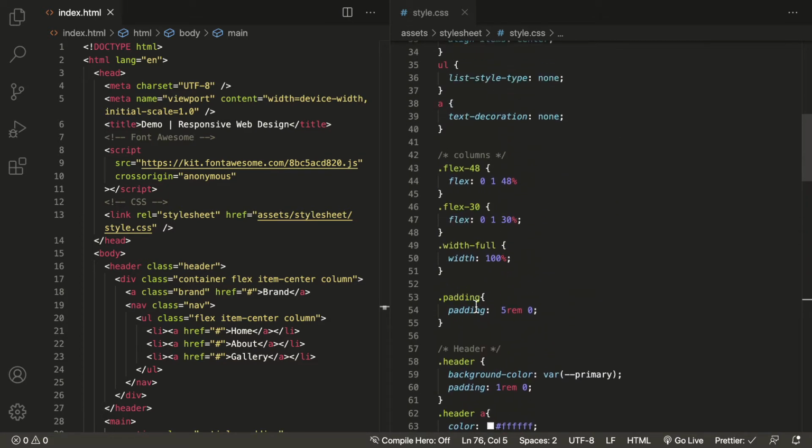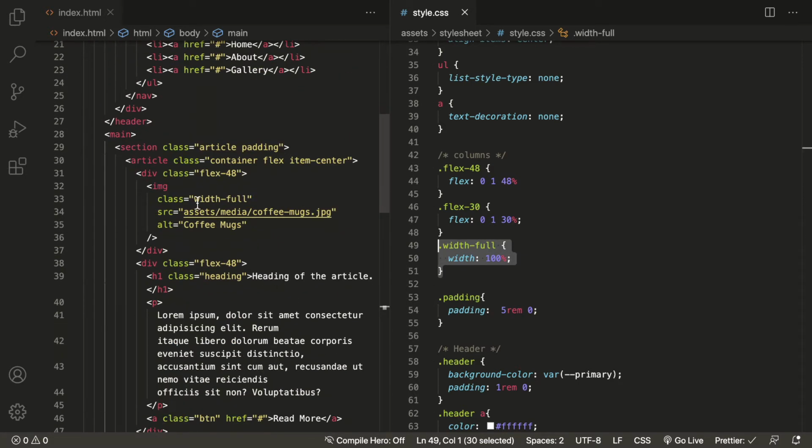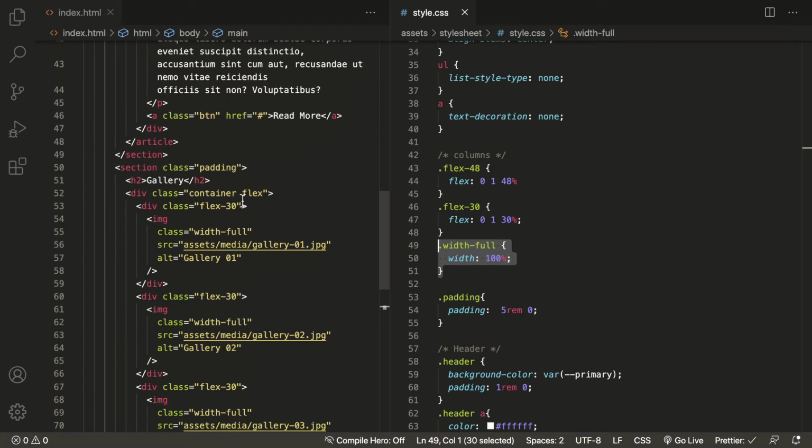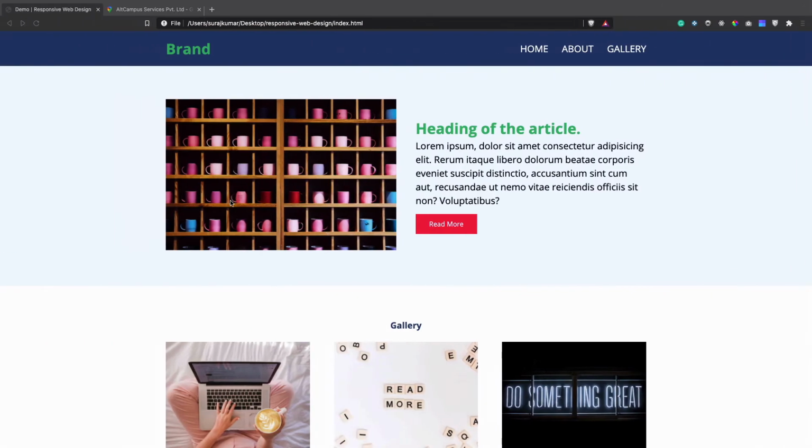Here if you look, we have a width-full class that has a width of 100%, and to all the images we have applied this class width-full, and similarly here also width-full. That means all of these images have a width of 100%, so these images are flexible now.